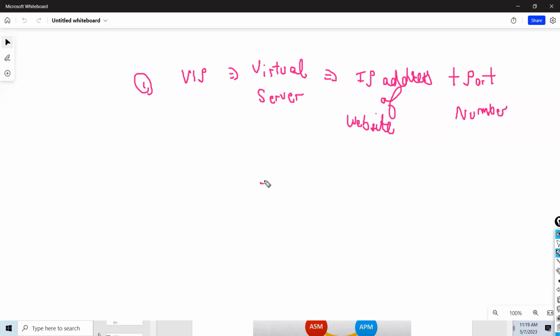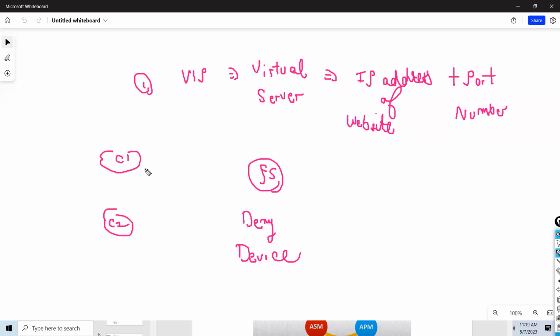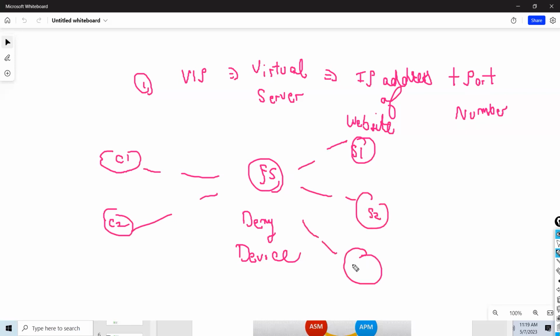Now, by default, F5 is a denied device. Very, very important, guys. When I say F5 is a denied device, what does it mean, guys? Anyone?